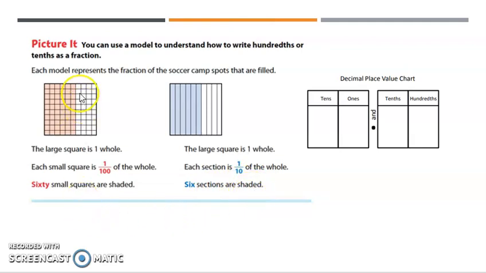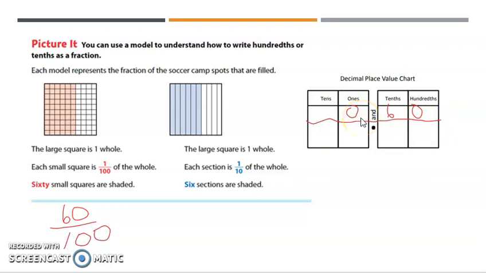Let's write each one. So this one here would be 60 out of 100, 60 hundredths. Let's write that in our place value chart. 60 hundredths. Do we have any wholes? No. Okay, we'll put a 0 there. Now,